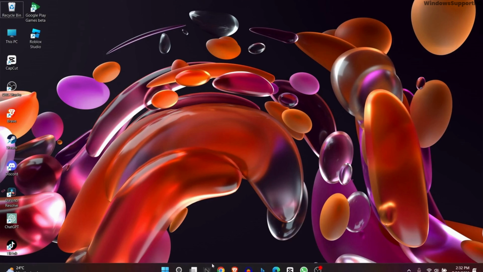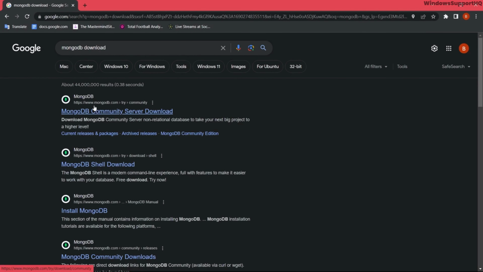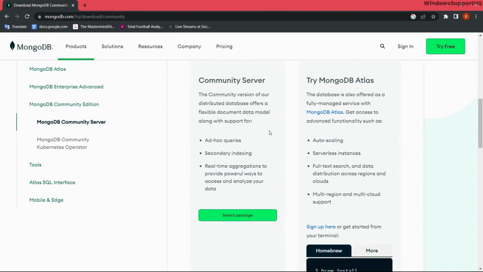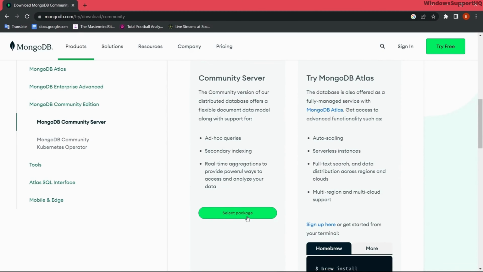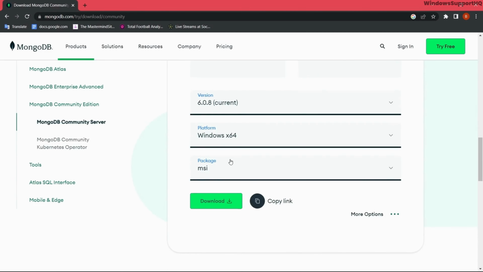Let's first go to our web browser and search MongoDB download. Open up the first link and under community server, click and select package and choose your platform and choose the version from here. And since I have a Windows, I'm going to go with 64-bit Windows version, and I'm going